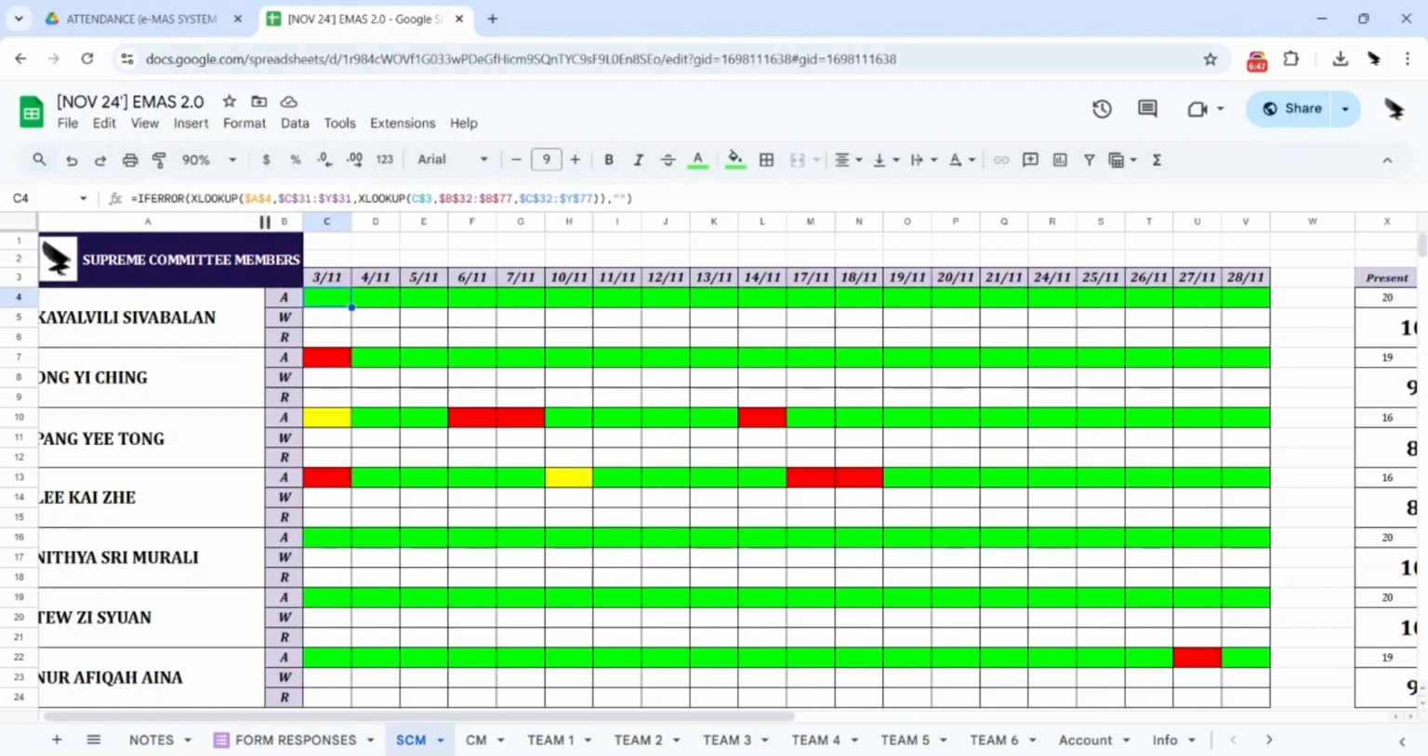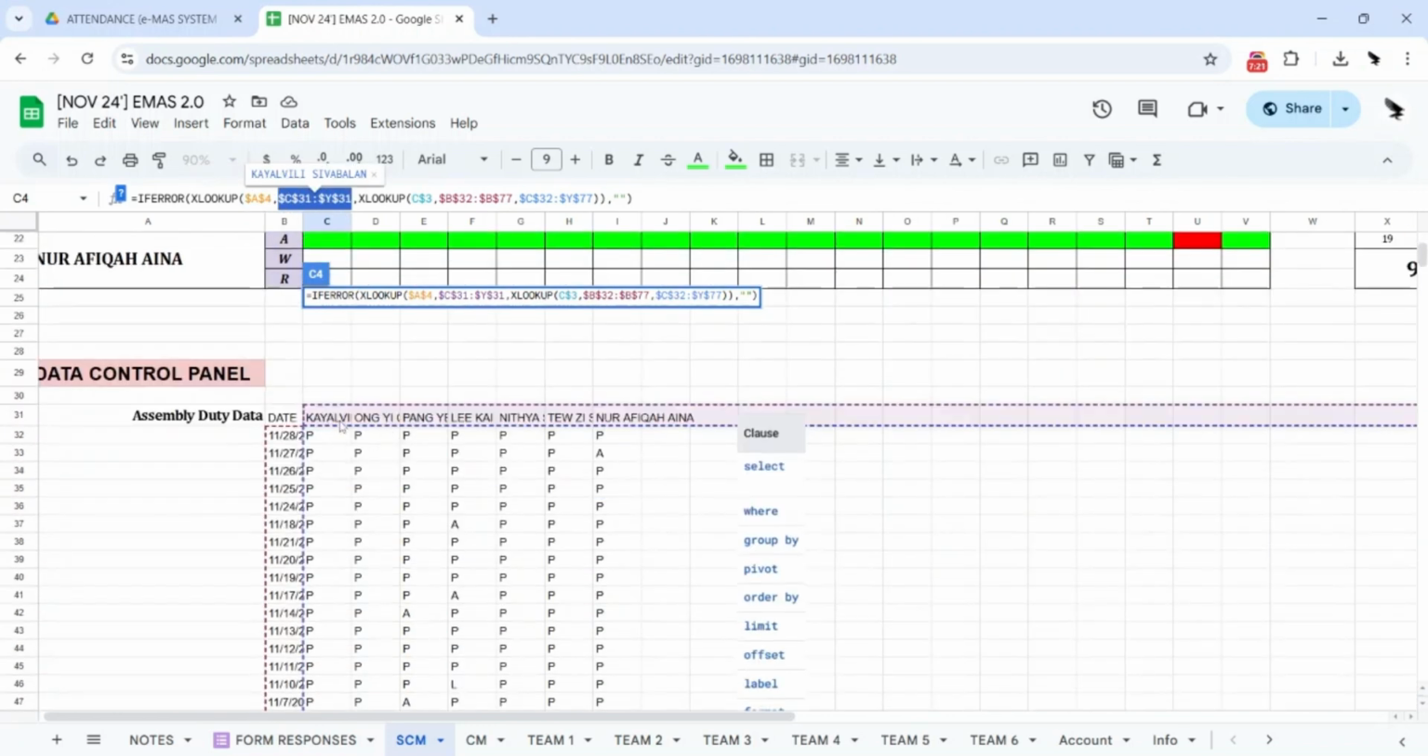So the first thing, XLOOKUP. We just ignore IFERROR first. We look straight away at the XLOOKUP. The first thing you need to key in is the name, because you want the system to find the true value based on the name. So you need to inform the system what name to find. The name in A4 is Kayavili. So they will find Kayavili through where? Through this purple color row. There is exactly the same name,